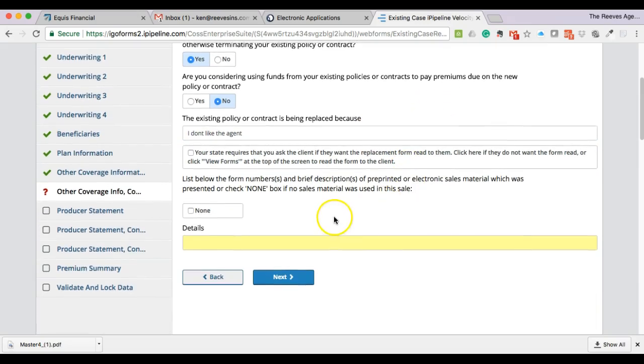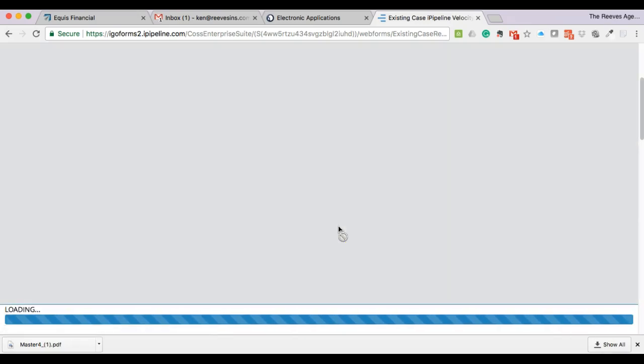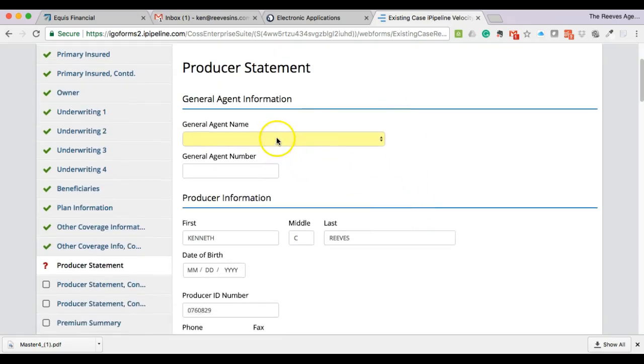All right, and list below the form numbers or brief descriptions of reprinted or electronic sales material which was presented, or check none. Okay, so if we didn't use any in this case, we're going to say none. If we did, we would put these sales materials right here. Our producer statement, general agent name is, we're going to say, there's Doug, here's my upline. I generally just put Equis